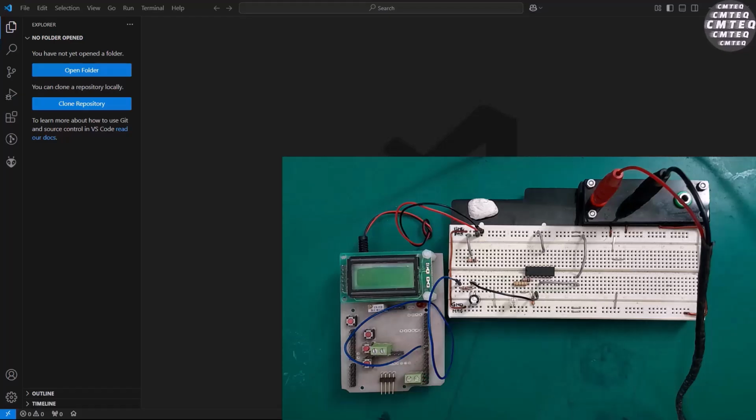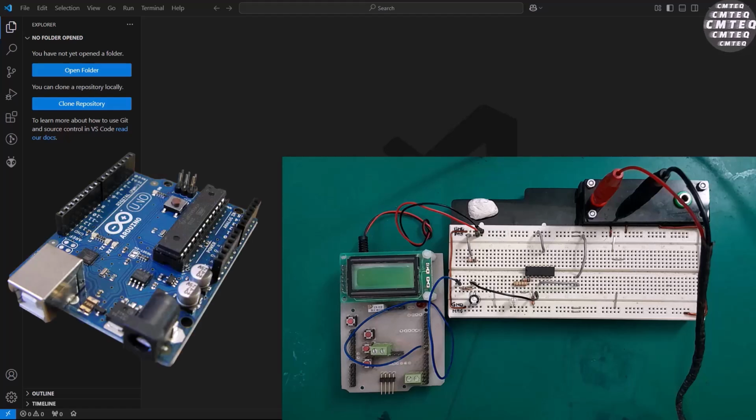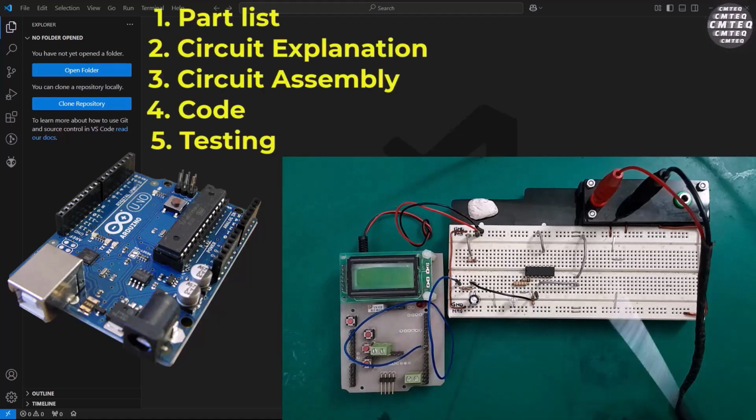To effectively follow along with this tutorial, it is recommended that you watch the previous parts. The previous firmware was written using Arduino IDE. In this practical demonstration, we're going to use the Visual Studio Code IDE. Now let's talk about how this tutorial will be conducted. First, we're going to discuss the part list, circuit explanation, the circuit assembly, the code, and we're going to move